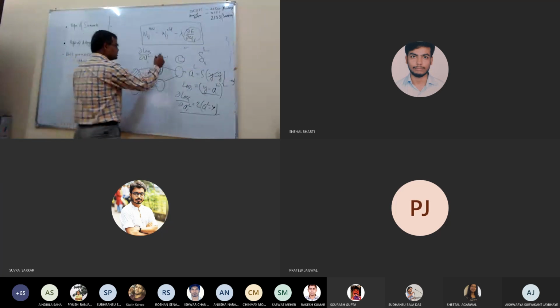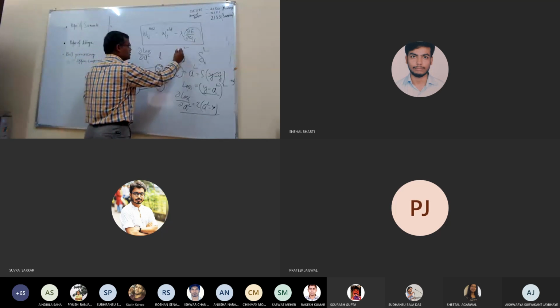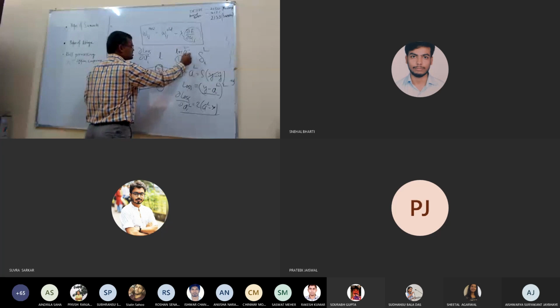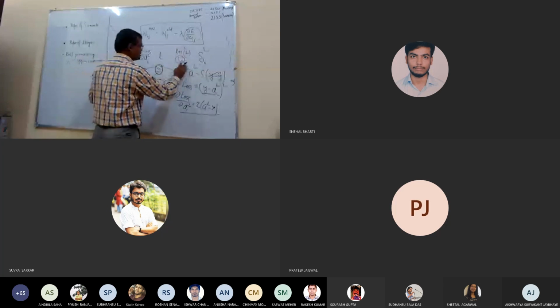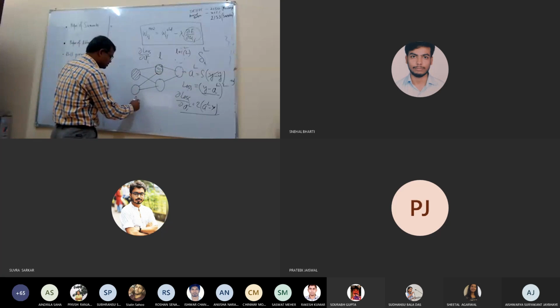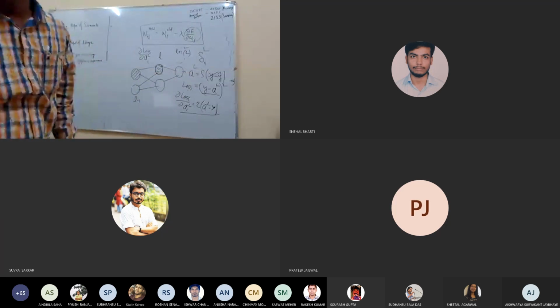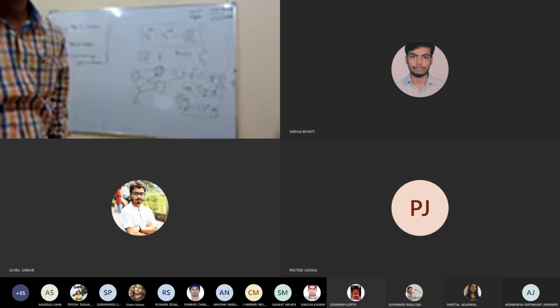So the loss at this level, what can we write if it is level L? This we can write as L plus 1. Essentially this is the last level here. And then we can say L minus 1. So if that is the case, then you can see the slide here.